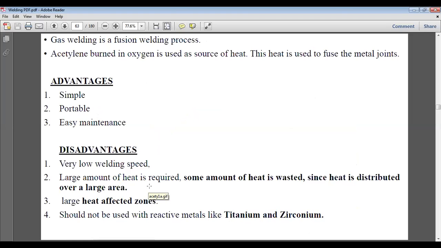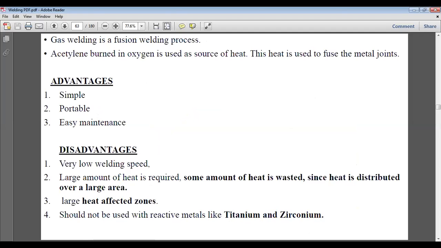Disadvantage: very low welding speed. A large amount of heat is required. Some heat is also wasted, and large heat affected zones should not be used with reactive metals like titanium and zirconium. This can react with acetylene and form another complex metal, and this way the chances are that